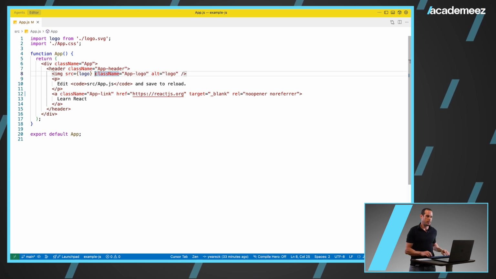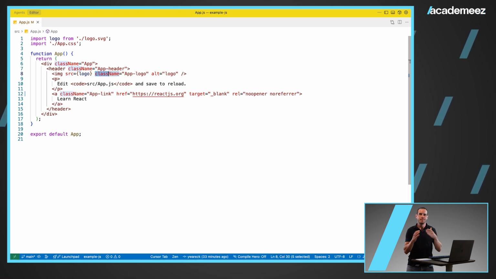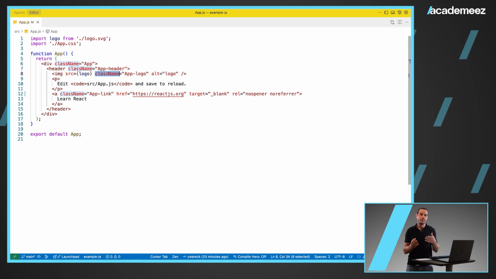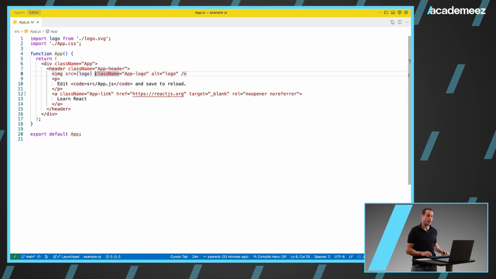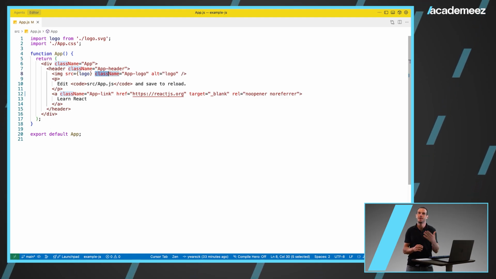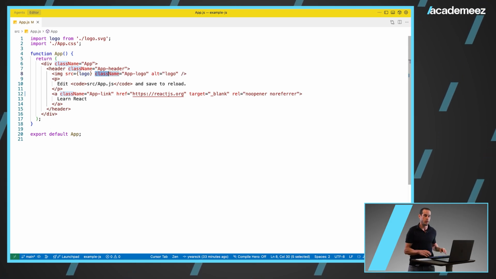For example, in HTML, when you write class, it is mapped on a DOM element to a property called className. Usually in JavaScript we do not use property names that are reserved words, and class in JavaScript is a reserved word. So we would not want to use the name class as a property name. As well, we use for in HTML and htmlFor in